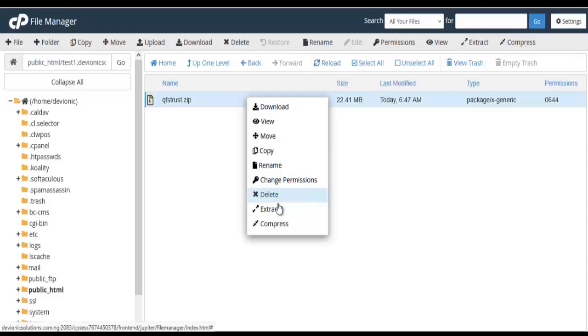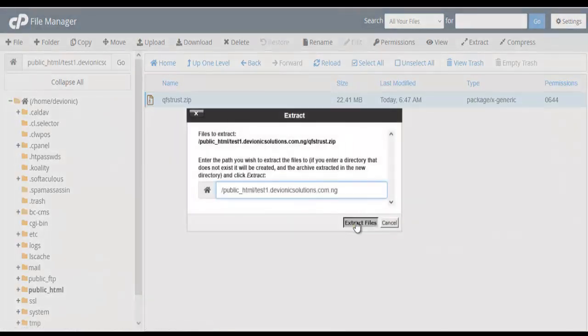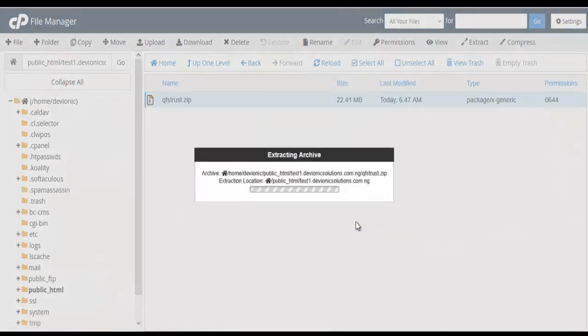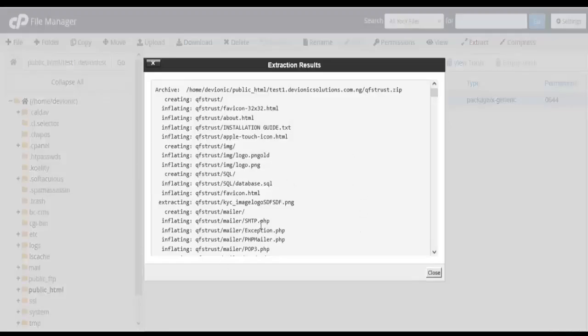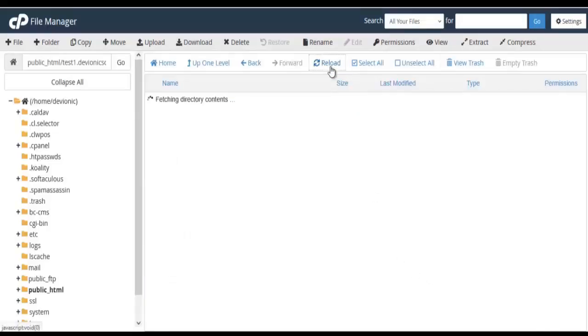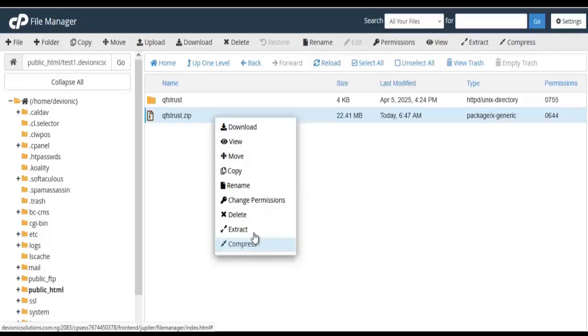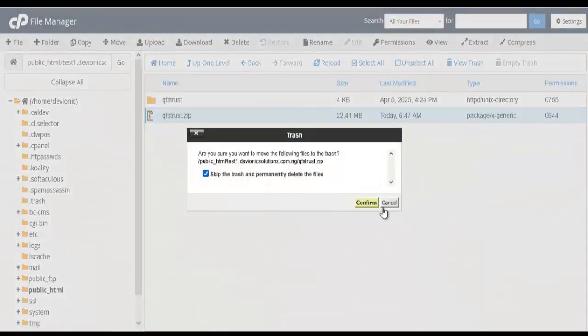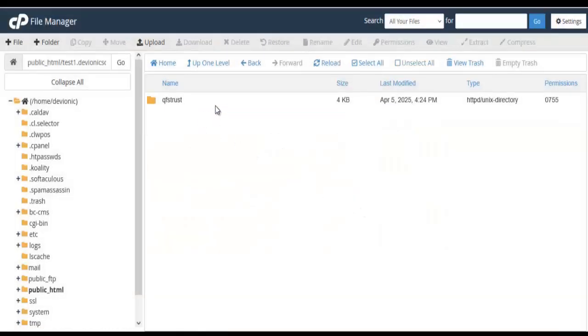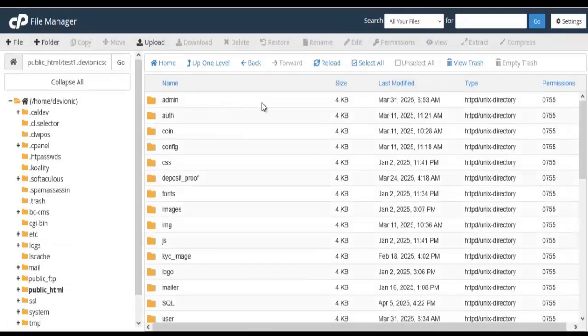Click on extract files. So once you see this, you just know the file has finished extracting. Then you can just close this, then reload this particular place, then you can delete this zip file right here. All right, confirm. So now you have to click inside this folder right here, wait for it to load, then